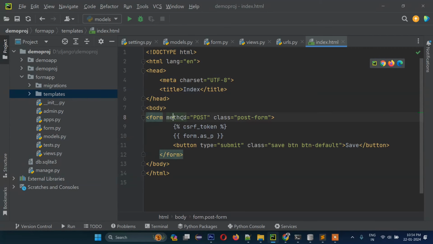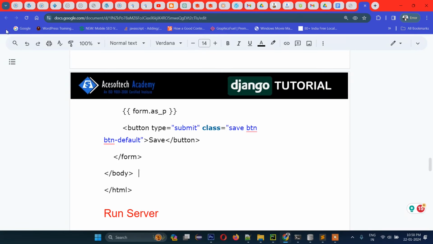Form method post and class whatever you like, and this one we need to write here for security purpose. Okay, and then form.as_p. Now you might be wondering what is this. Actually this is the magic. Okay, when you write